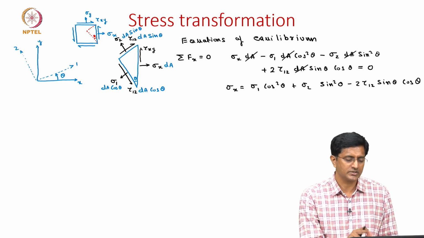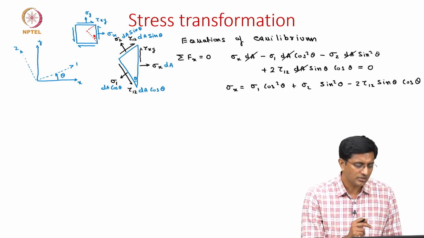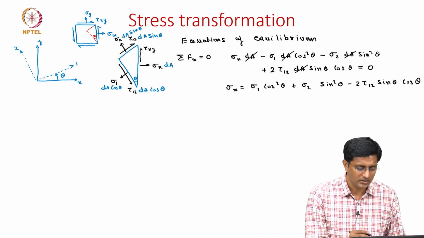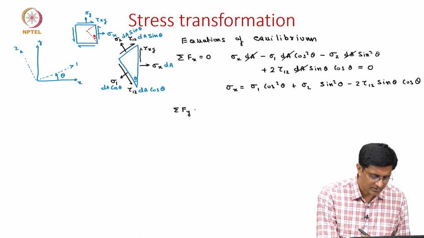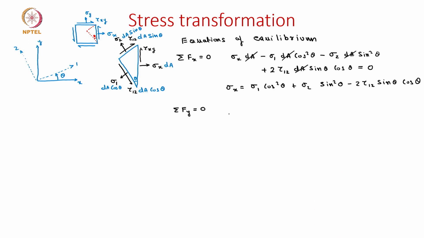We started with sigma x. So, for using the same wedge, can we write any other equation? The answer is yes, we can now write summation of forces in the y direction going to 0. We can repeat the same procedure even for this second equation of equilibrium, where on the right face we have this component of tau xy making a contribution. Regarding these two inclined faces, again we see all those four force components do come in the equation. So, once we work it out, we can show that tau xy